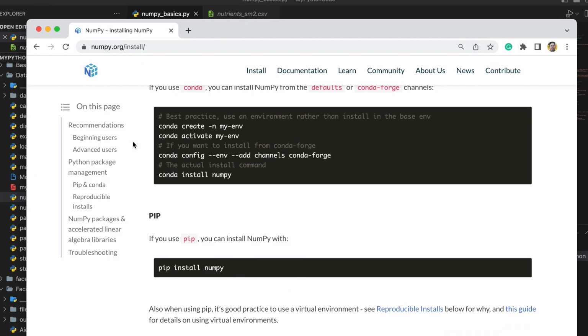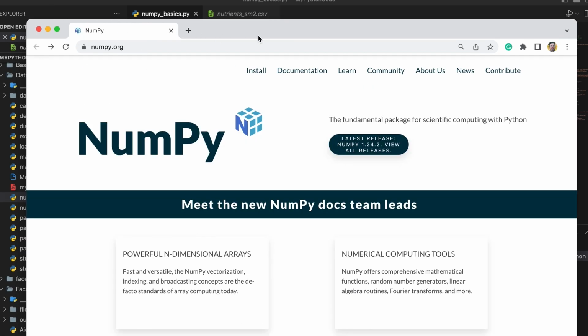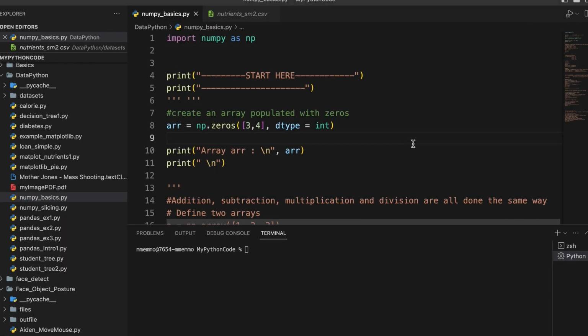But anyway, we're going to go over some of the main key features, main functions. But really just scratching the surface, but enough to get up and running and do some interesting things. If you want to learn more, I recommend you come to this website. So anyway, here I am in Visual Studio, and I have my import line. This is the typical line where you import NumPy as np, and then you can use that np object to do